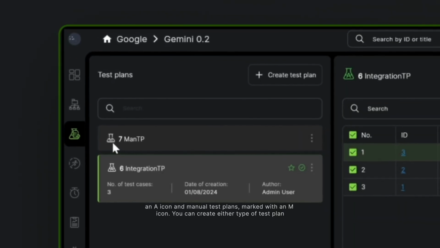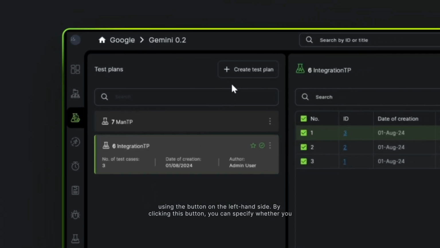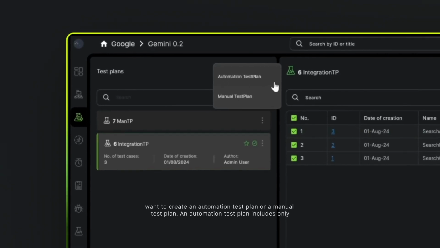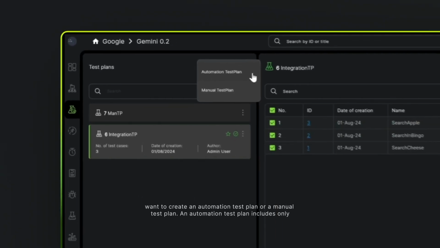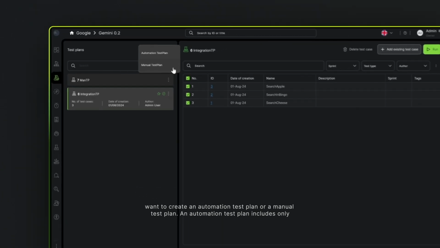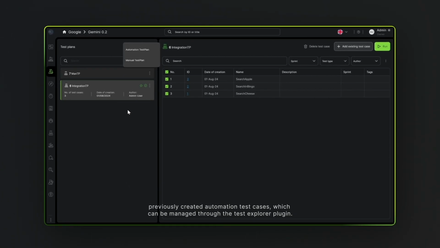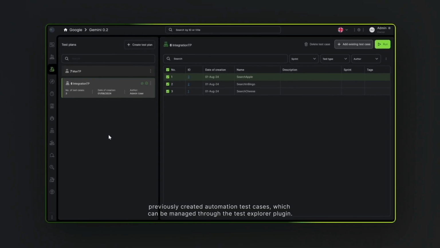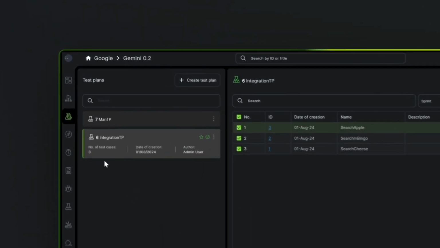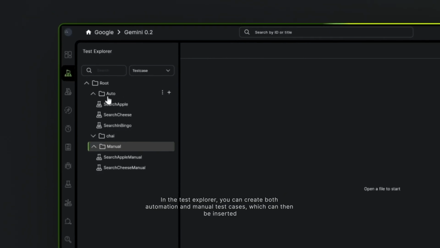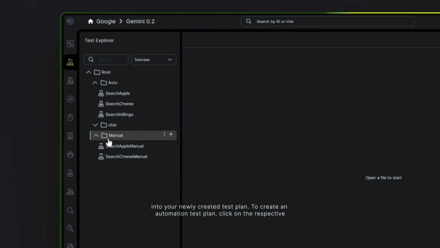You can create either type of test plan using the button on the left-hand side. By clicking this button, you can specify whether you want to create an automation test plan or a manual test plan. An automation test plan includes only previously created automation test cases, which can be managed through the Test Explorer plugin. In the Test Explorer, you can create both automation and manual test cases, which can then be inserted into your